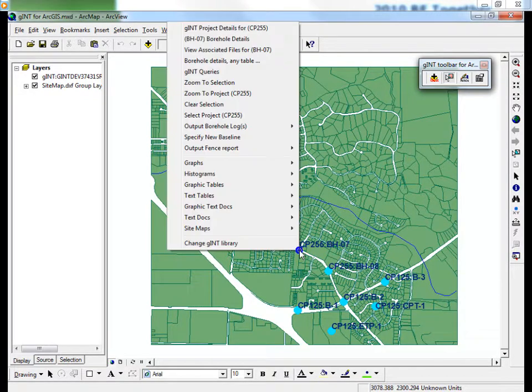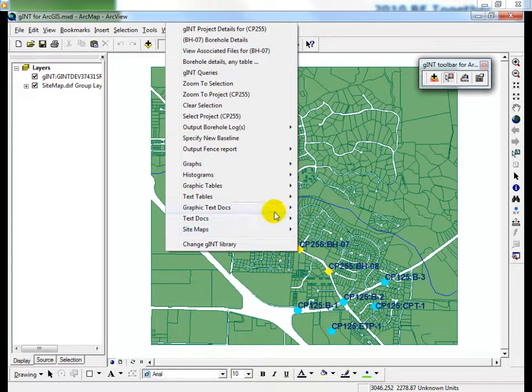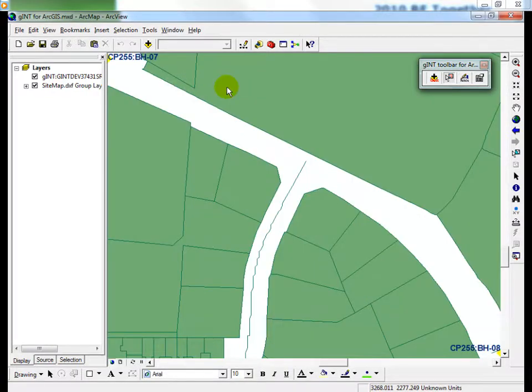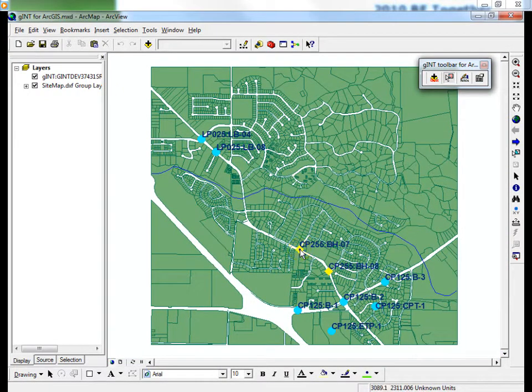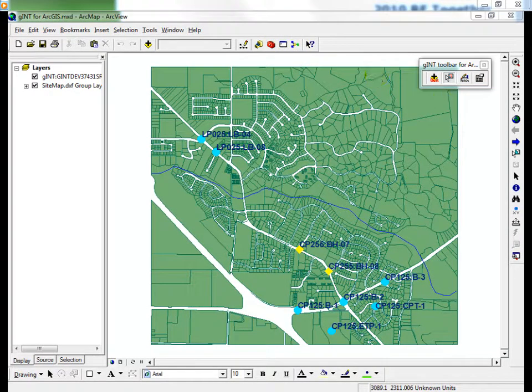So this one right now is demonstrating what options are available on the right-click menu when we select a borehole. Any command that we select from that toolbar is basically calling information from or related to the gINT database. So obviously you can see here we can zoom to a selection. In this case we selected two boreholes for one project, and then we can zoom to that project or to selection. Then we can get gINT project details,